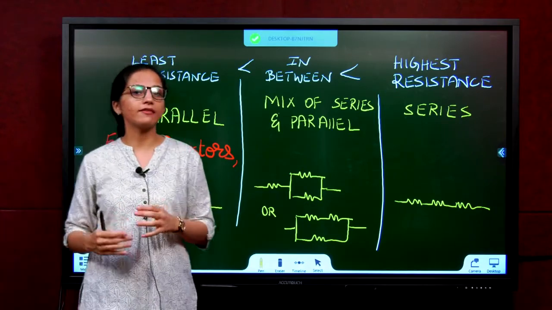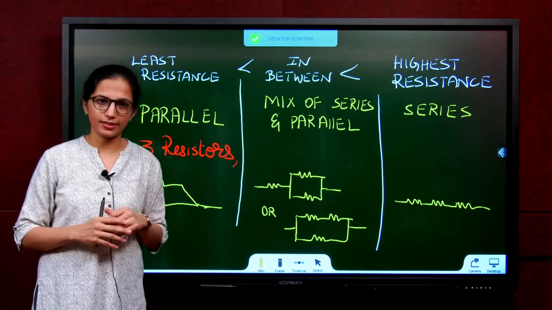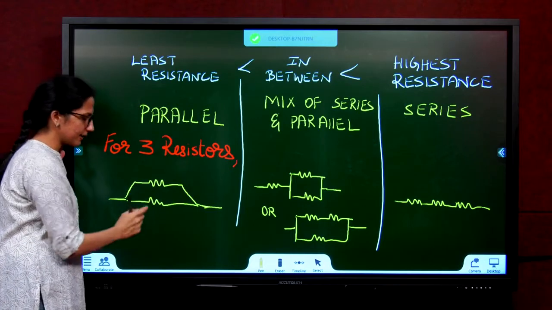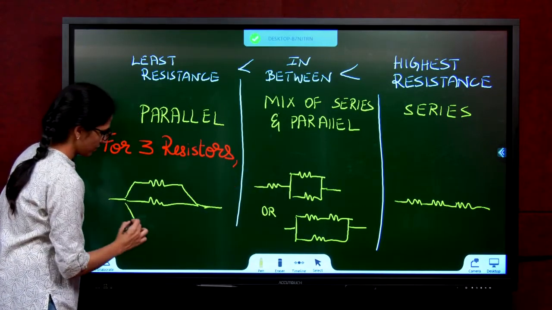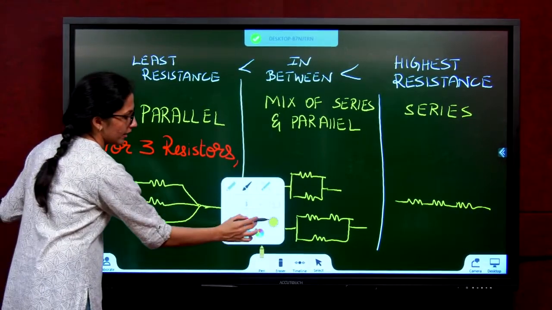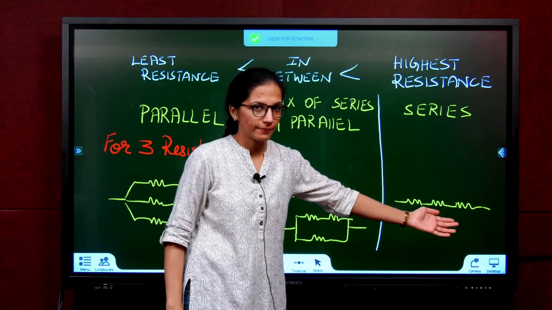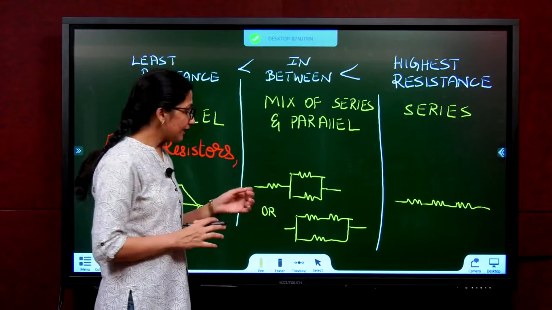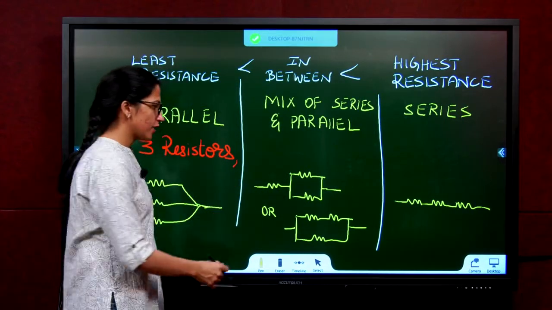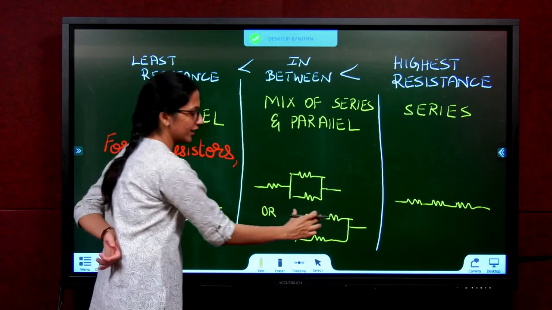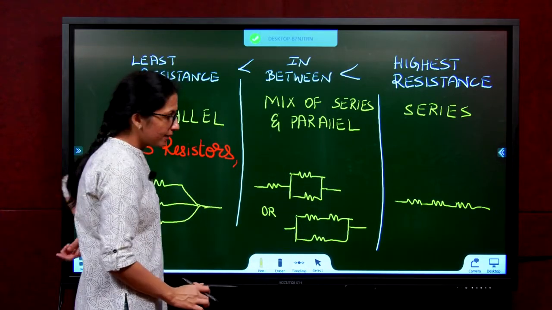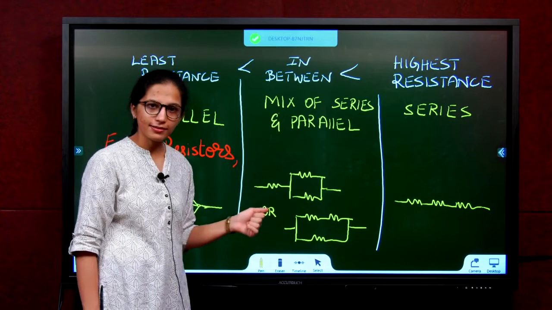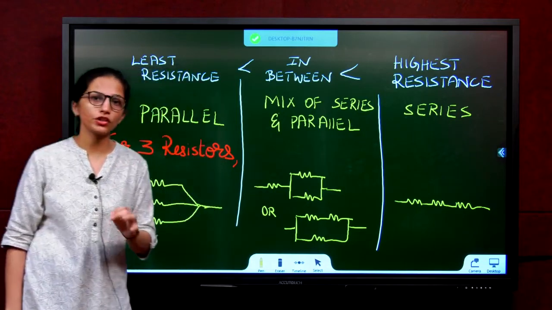In general, for your level of 10th grade, they usually ask only up to 3 resistors. They tell you to combine 3 resistors. For a 3 resistor combination, a parallel circuit looks like this. You have 1, 2 and 3 resistors. A series circuit looks like this. And if you have to choose something in between, meaning a mix of series and parallel, these are the 2 possible combinations. You take 2 in parallel and then series, or you take 2 in series and then parallel. Please note this down. So in the exam, you have to use trial and error and see which one suits the answer. We will see a detailed example next for you to understand clearly.